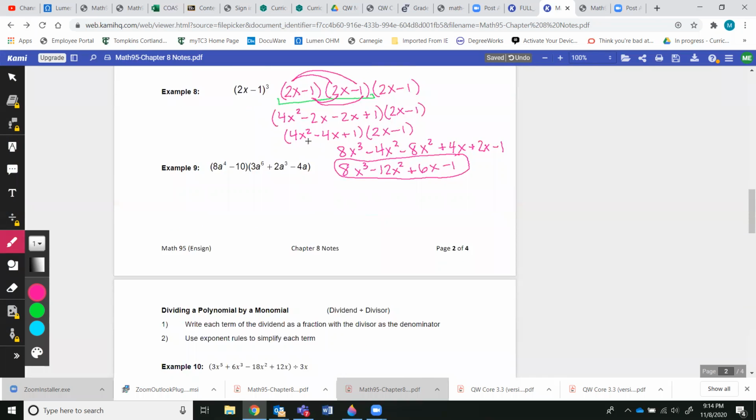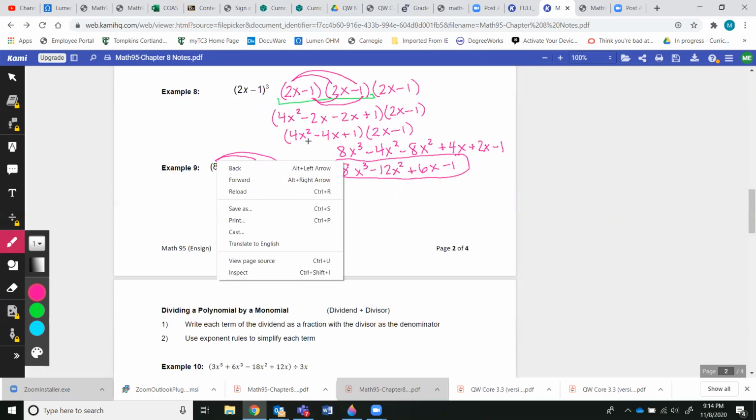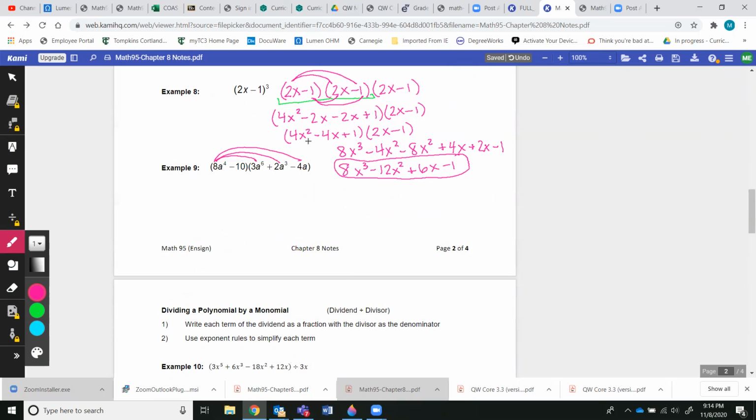All right, example 9. So again, now I just have 2 terms here and 3 terms here, so each of these gets multiplied by each of the terms in the second expression, okay? So 8 times 3, we have 24a to the 10th. Remember, when I multiply these expressions, that means that I am adding the exponents. Plus 16a to the 7th, minus 32a to the 5th, minus 30a to the 6th, minus 20a to the 3rd,